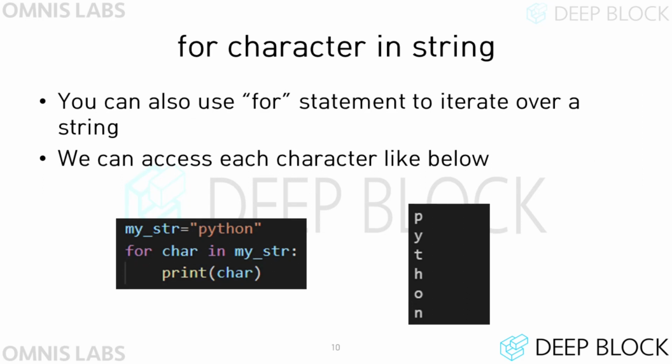You can also iterate over a string using a for statement instead of a while statement. In the for statement, each character is stored sequentially in the variable between for and in, and the variable can be used in the loop. For example, for char in myString, in the slide, means that each character of the variable myString is assigned to the char variable in order, and the code below is repeated until char becomes the last character of the string.